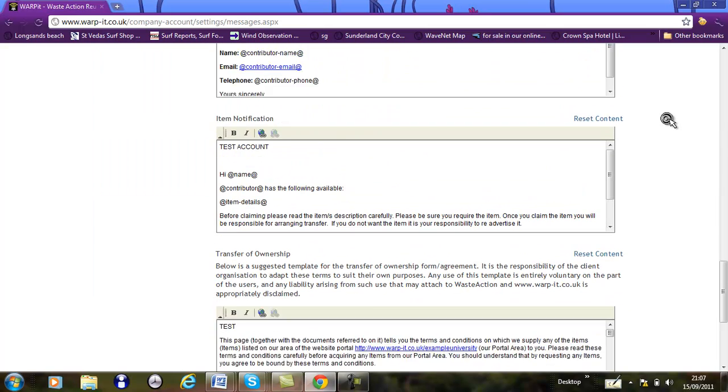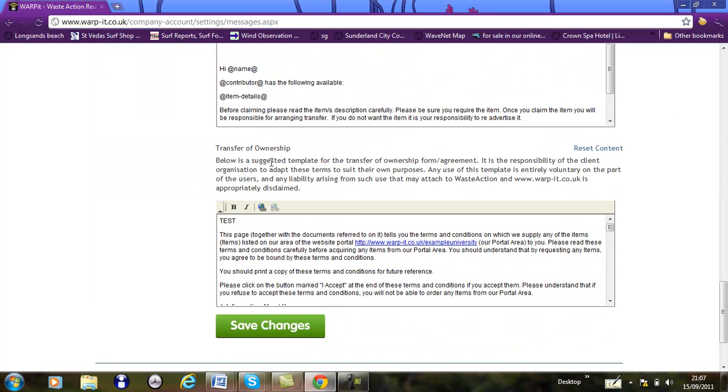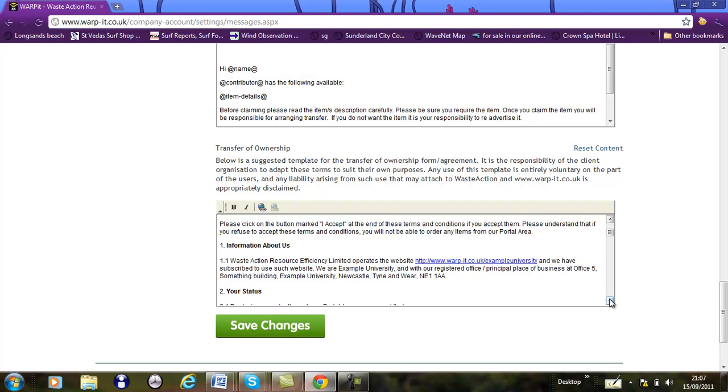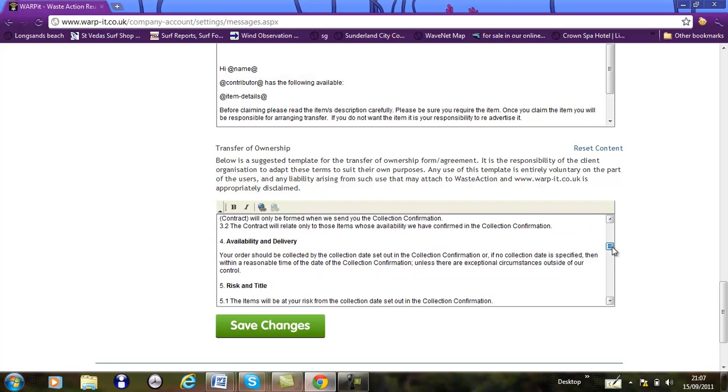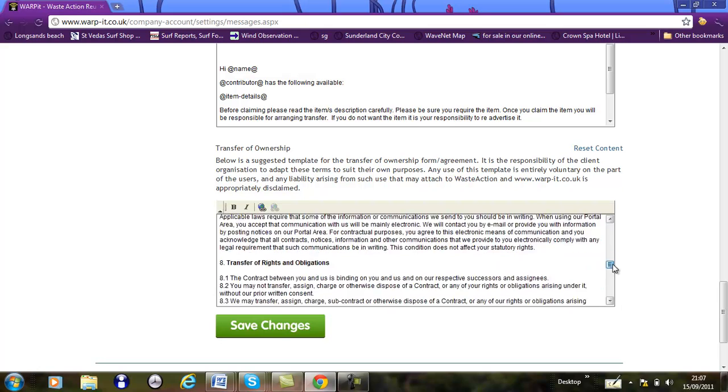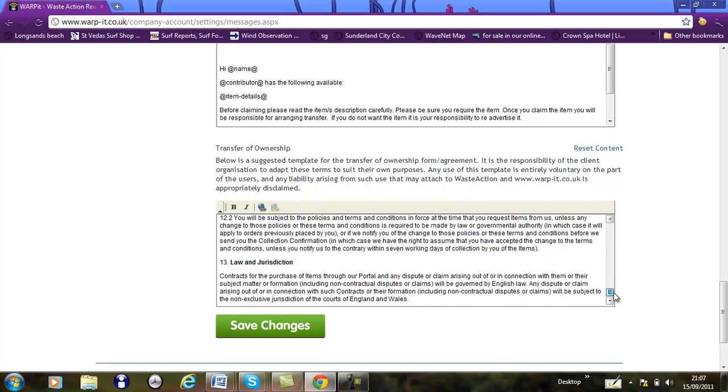The bottom template is the transfer of ownership template that Warbit provides between the claimant and the contributor. So this has been written by a team of solicitors in Newcastle, and it's a legal document, but it's a template that I provide as a guide. You can add your own